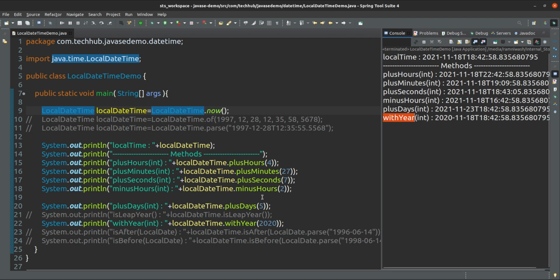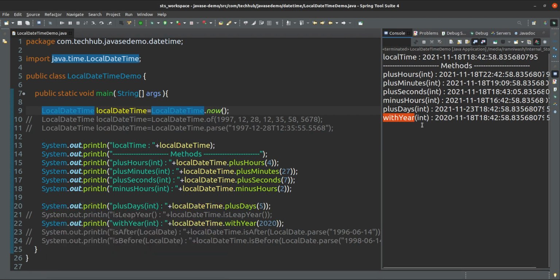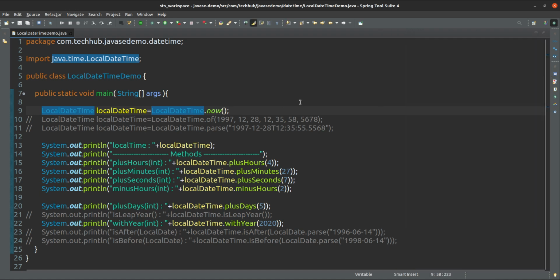Here all the methods will be there: hour related methods, time related methods, and date related methods will also be there. Both will be there, and this will point to your current system date.